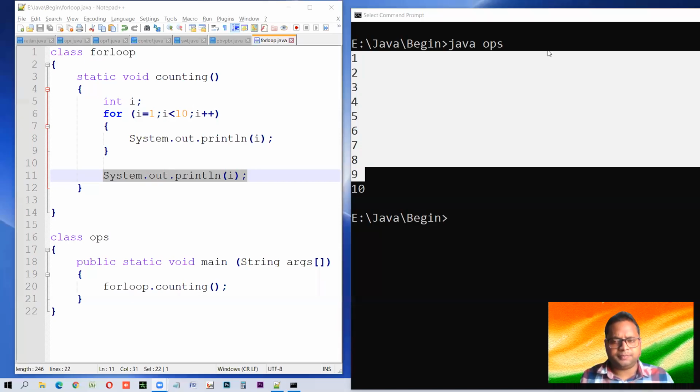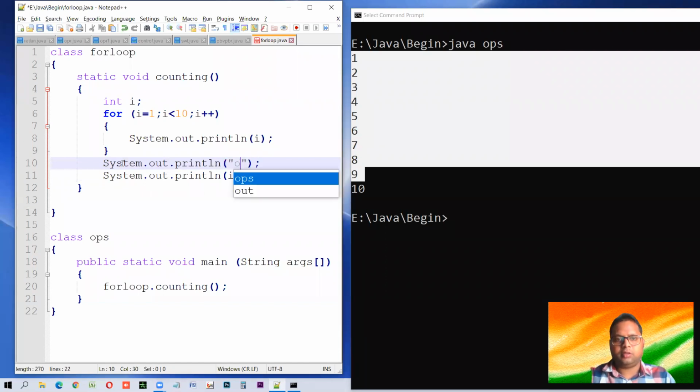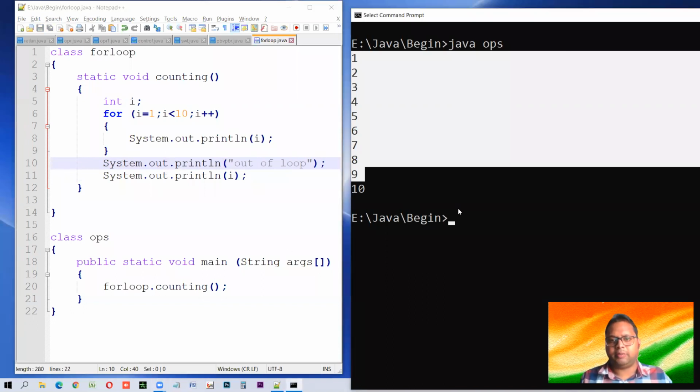So in order to understand it properly, let us have a message before it: Out of loop. This will help you to understand. Now try it again.